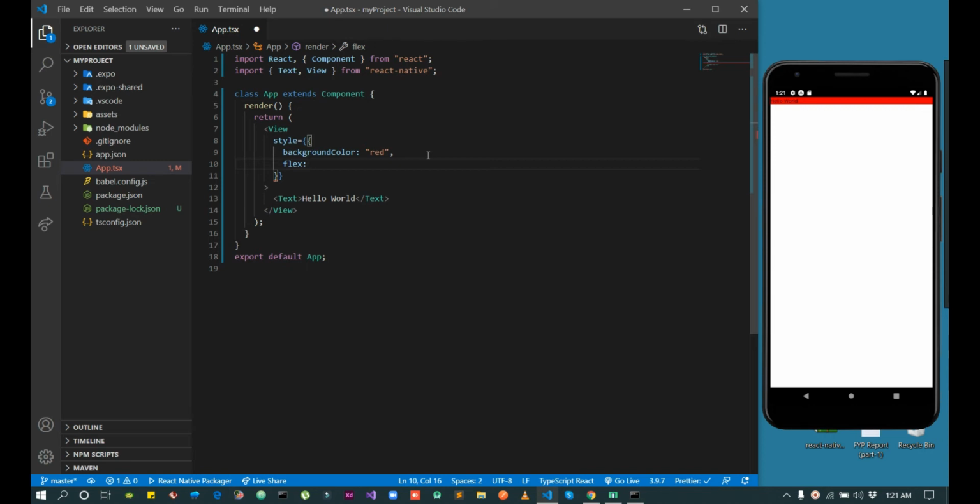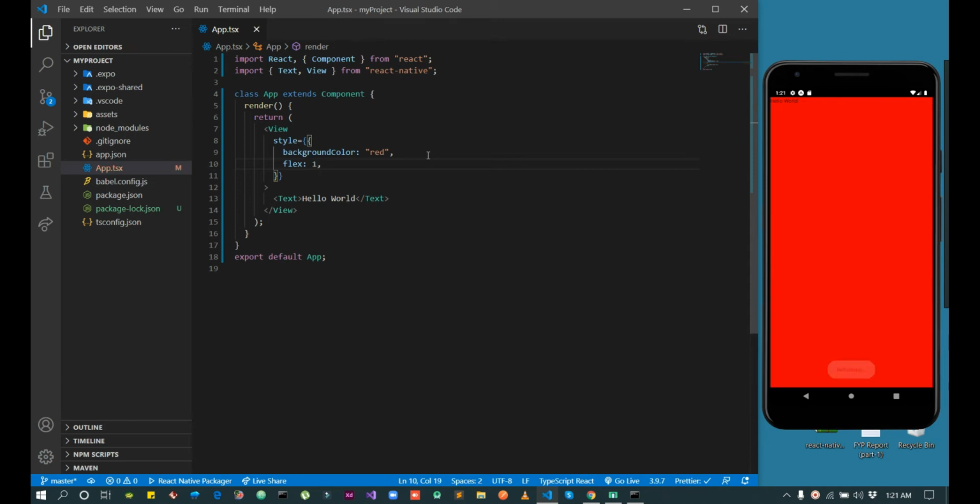We can use any value which is an integer. I am using 1. Flex 1 means we are giving the whole screen width and height to this view, because we are using only one flex, and we are giving the whole space to this view.